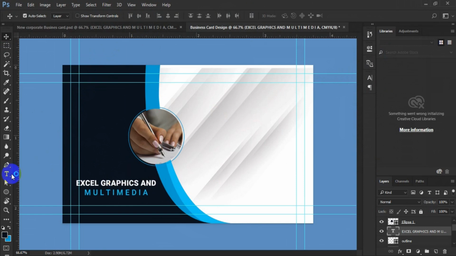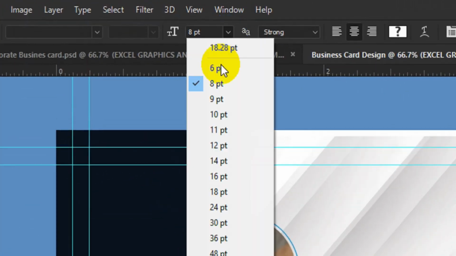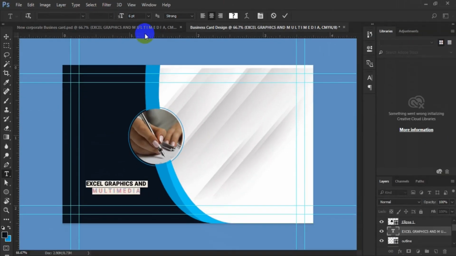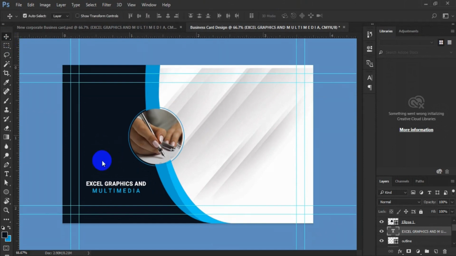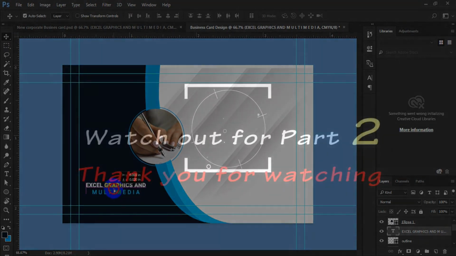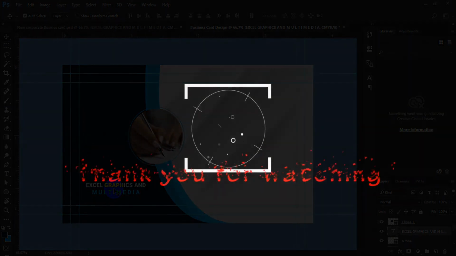So we still need to reduce the size. Go back to the text tools, click on the text, then press Ctrl A on your keyboard. Then from the menu bar here, select 6 as your new font size. Then once you are done, then you click on this check mark. Go to your move tool. Now you can position the text. I'm good with it this way. So the next thing you have to do is to still continue your